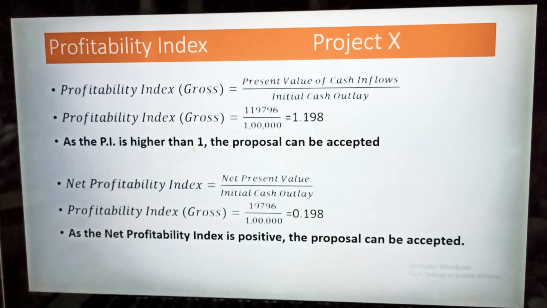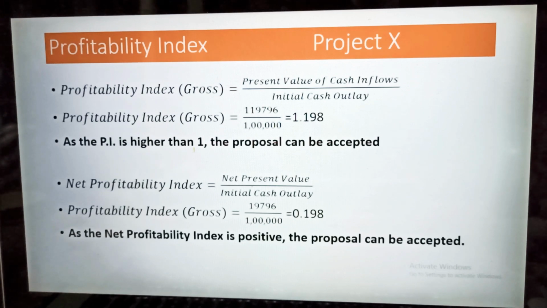The proposal, see in this case how to accept or reject the proposal. The proposal is accepted if the profitability index is more than 1 and is rejected in case the profitability index is less than 1. The various projects are ranked under this method in order of their profitability index, in such a manner that one with a higher profitability index is ranked higher than the other with the lower index.